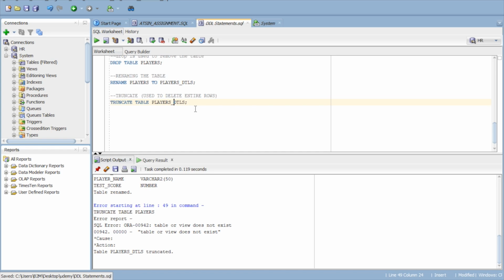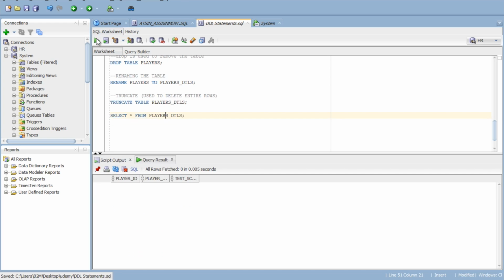So if I use a select statement to see whether there are any rows in my table, no rows are there, because truncate removes all the rows from your table. So this is the use of the truncate command.